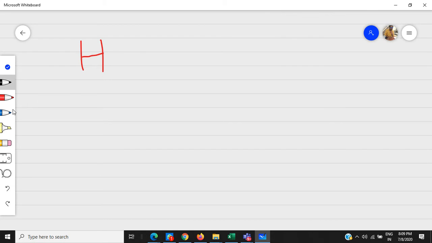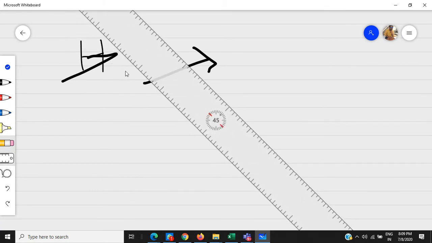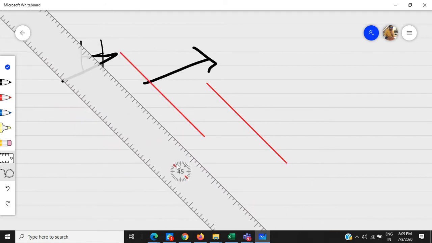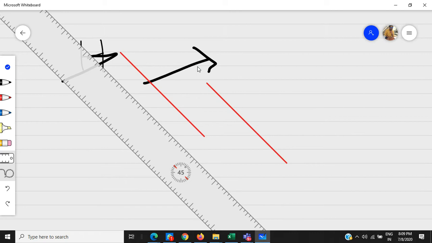You can use this pen, and if you want to scale something, take a line and use the scale button. If you want to draw something, you can draw it.